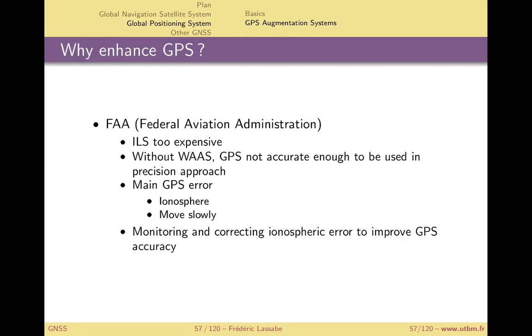So let's go back to why the need to enhance the GPS. It's the Federal Aviation Administration, and all over the world the aviation administrations are interested. They find the ILS too expensive. The ILS is the system giving your altitude when you are nearby the airport, and it makes it possible to land the plane without seeing the takeoff and landing runway,